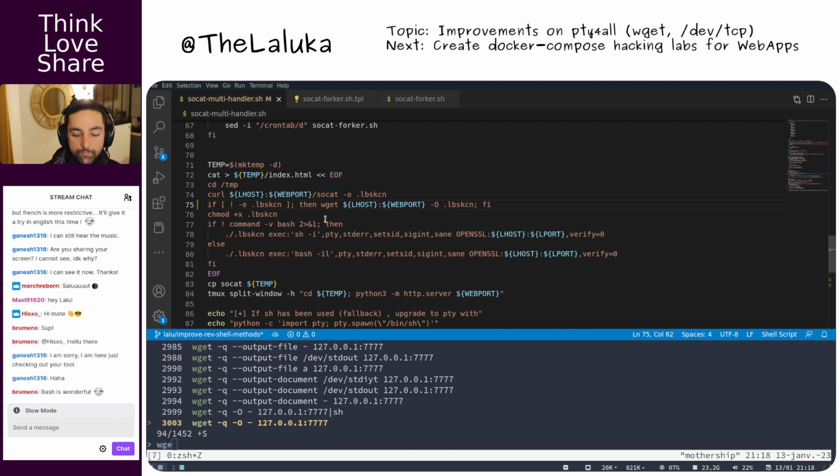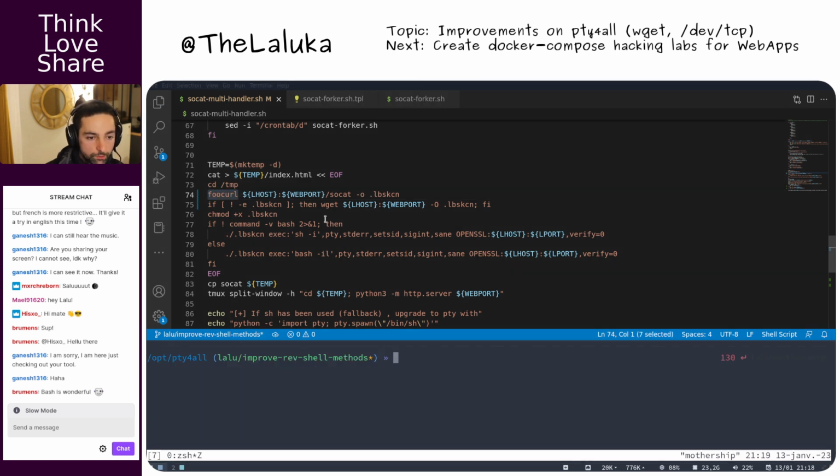All right, let's give it a try. So let's assume that the binary does not exist. Foo-curl. I swear I do not have the Foo-curl binary. And let's give it another try.